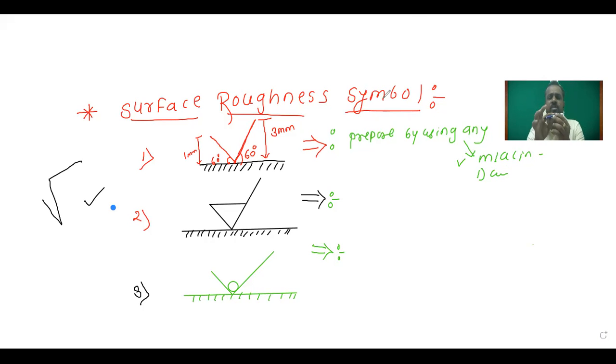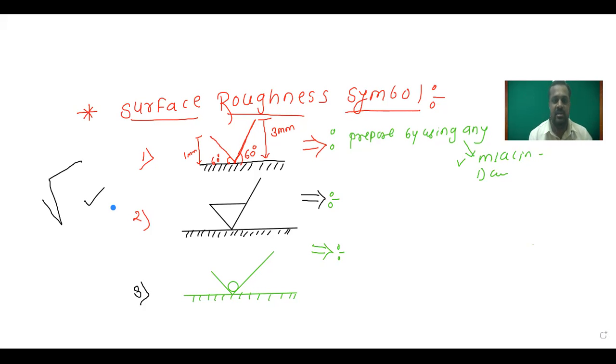We can produce this pen with the help of the machining process, the casting process, or the forging process. You can use any production method to produce this pen, but at any cost we have to produce the pen. You can use machining processes, casting processes, extrusion processes, forging processes, but you have to prepare this product.